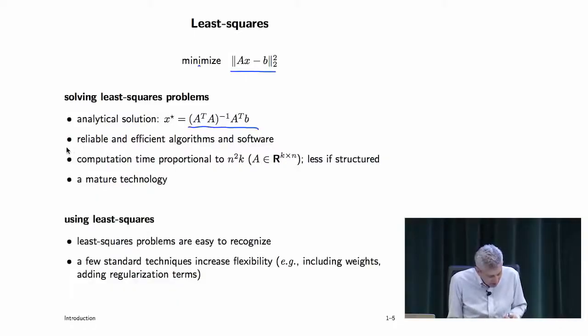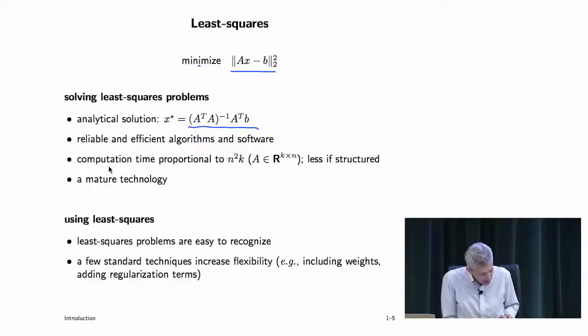Okay, so more than simply there being an analytical solution, there are reliable and efficient algorithms and software to solve least squares problems. By the way, it's not trivial, and not one of them uses the analytical solution directly. In other words, I'll tell you what you don't do. What you don't do is form A transpose A, then form its inverse, multiply it by A transpose, then multiply it by B. That's not how it's done. I mean, obviously, it's not done a whole lot different from that because it's just evaluating this, but still.